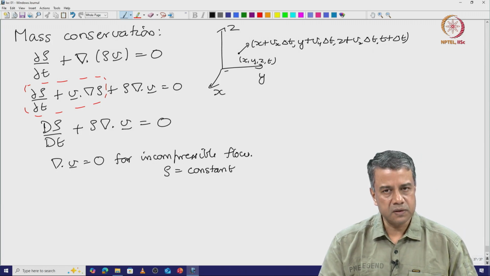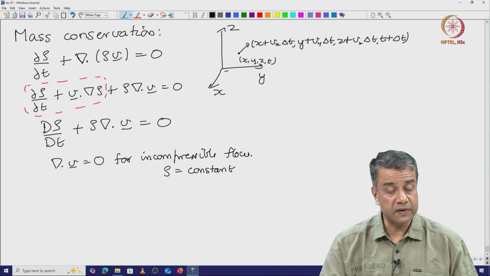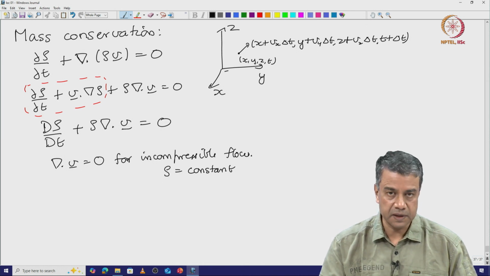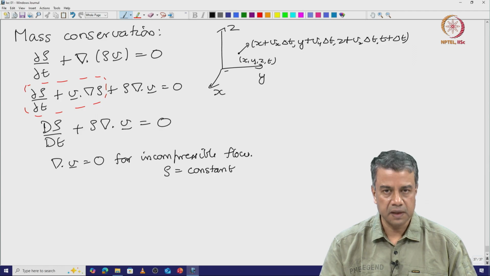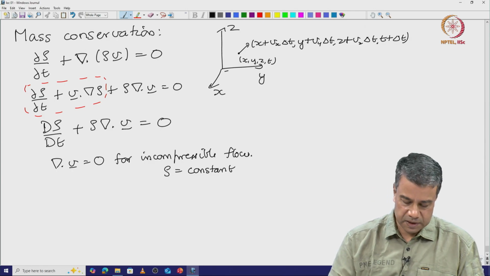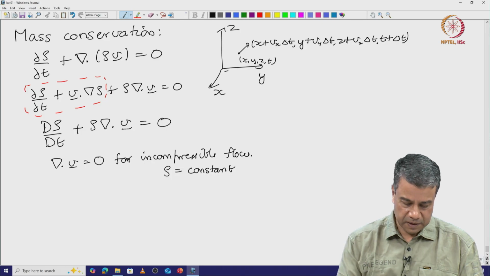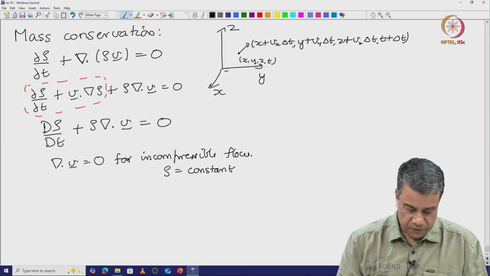And we had also looked at, in case the divergence of velocity is equal to 0 for an incompressible flow, right, and the flow is 2 dimensional, we can express the flow in terms of a stream function in such a way that the mass conservation equation is identically satisfied. So, if you had only a 2 dimensional flow,